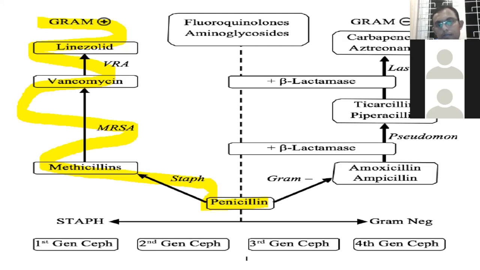If it's a gram positive you are suspecting, you go on that pathway: vancomycin, ending up in linezolid. And if it is gram negative, say pseudomonas, you go to piptaz and carbapenems and all that. So you just don't start piptaz in the first instance. You just follow the ladder. Always follow the ladder.